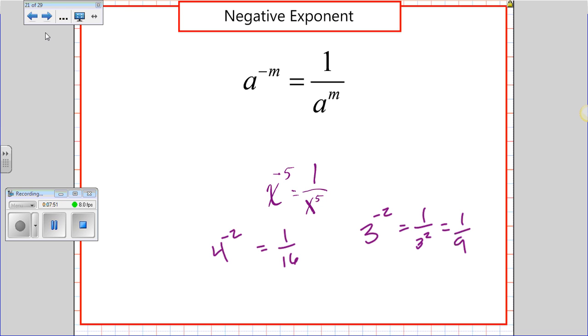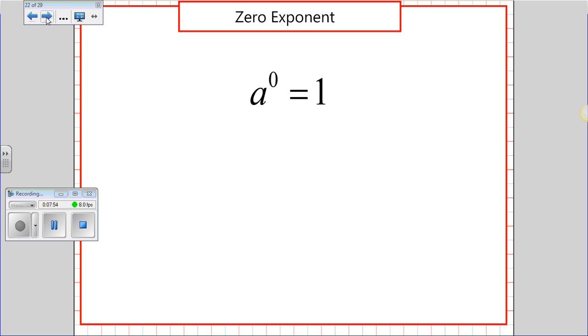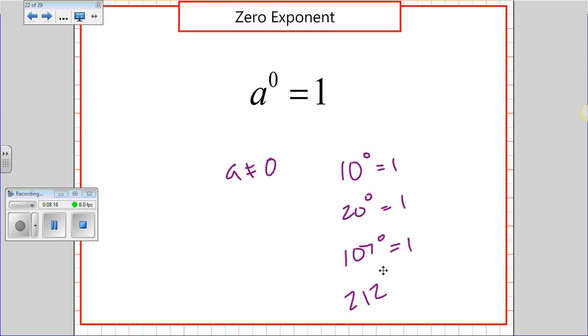All right, important rule that you probably already know is the zero exponent. If you raise any number that isn't 0, so a can't be 0 here, if you raise it to the 0 power, you get 1. So 10 to the 0 equals 1. 20 to the 0 equals 1. 107 to the 0 equals 1. 212 to the 0